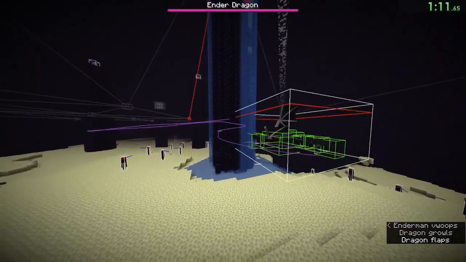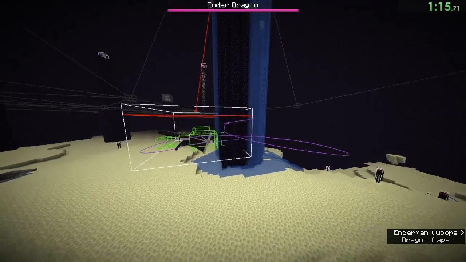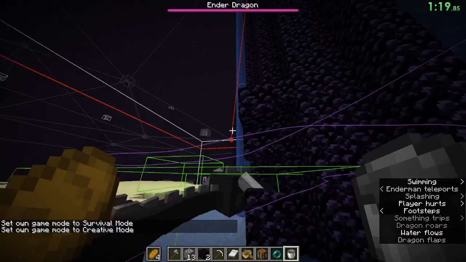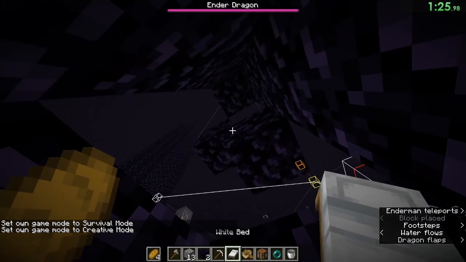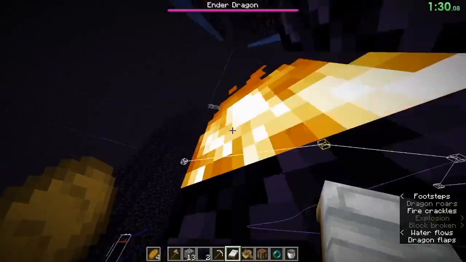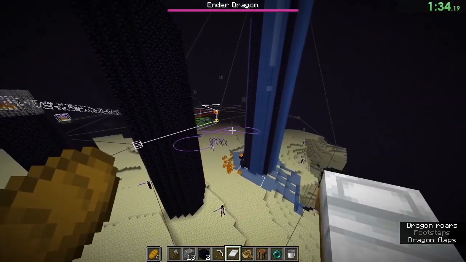And so in theory, there is some setup. I've put some obsidian here where you could go under this pillar and place these beds and block yourself off so the dragon can't see you. And trigger some beds continuously, just like a pseudo kind of 0 cycle. So I haven't gotten a consistent setup at all. I apologize. This is just a proof of concept. It's not much, but